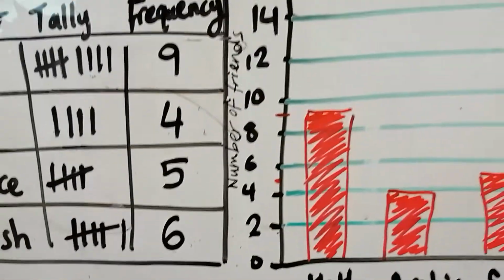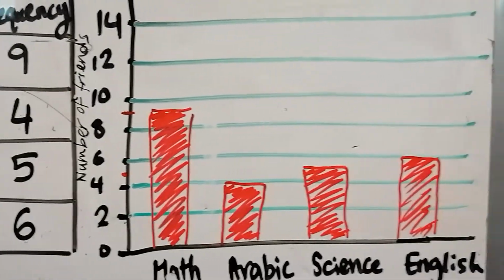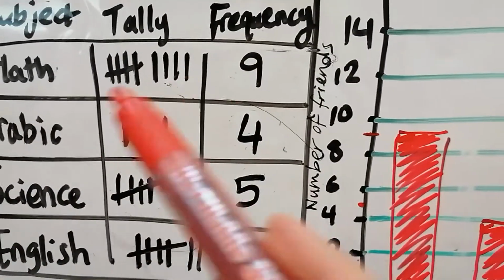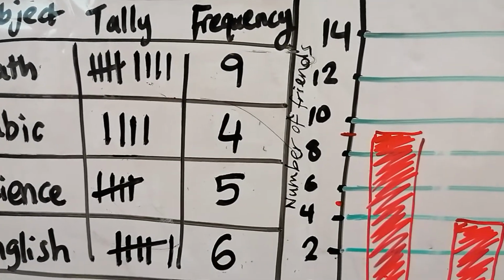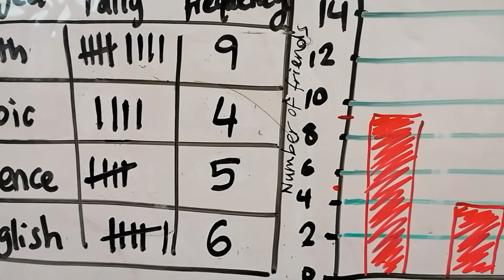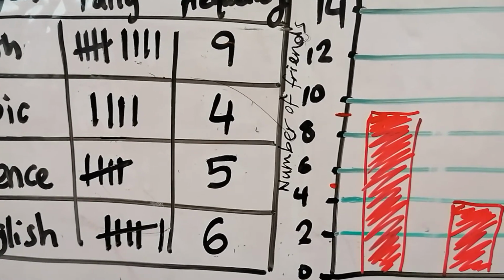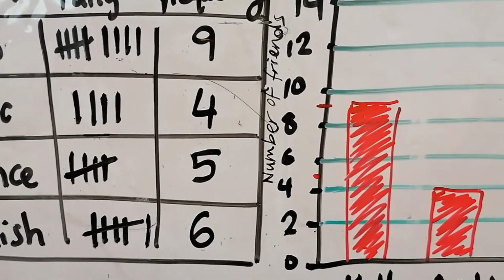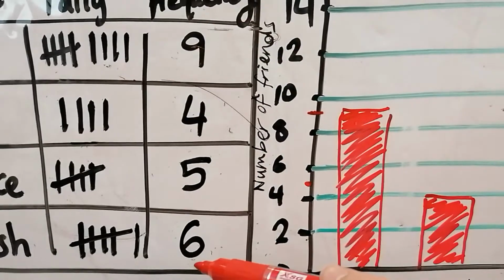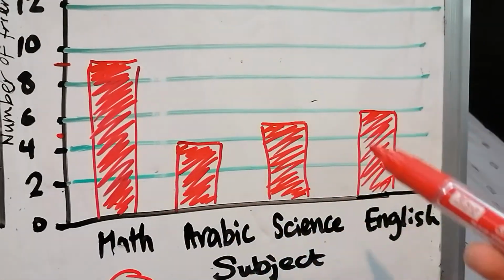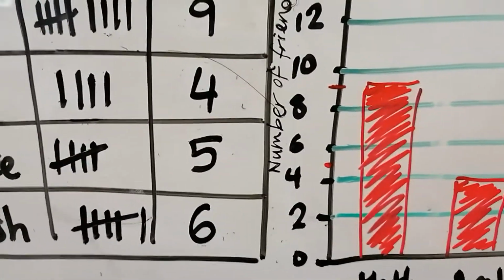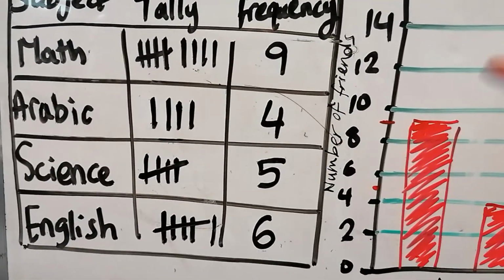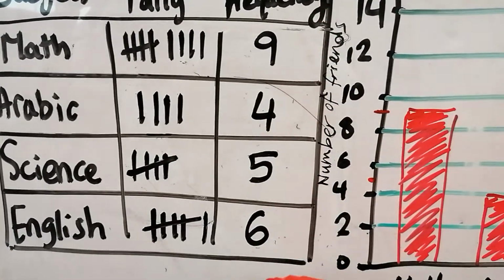Now, if we were asked how many students took this survey, whether you want to find it from the bar graph or from the frequency table or tally chart, when you are asked the question, how many friends were asked, then that is the total of the friends or the total of the frequencies or the data represented in the bar graph. Okay, so if we are asked how many friends were asked in this survey, then you have to add up all of these